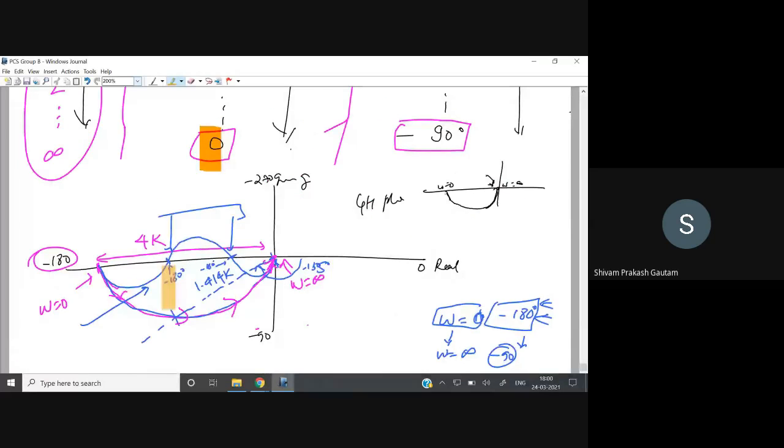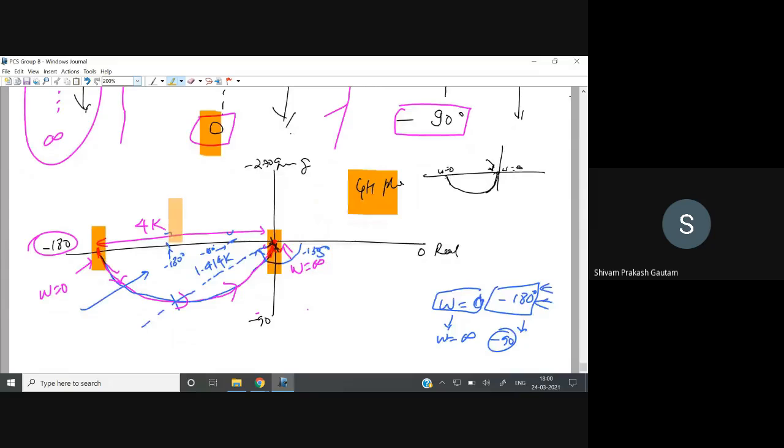This is not the polar plot, right? So this is the polar plot. It will start from here, this is omega equal to 0, and it ends with the ending phase at minus 90. So it will become tangent at the origin. This is a semicircle kind of plot you will get for the polar plot in the GH plane for the given problem. This is our second problem.